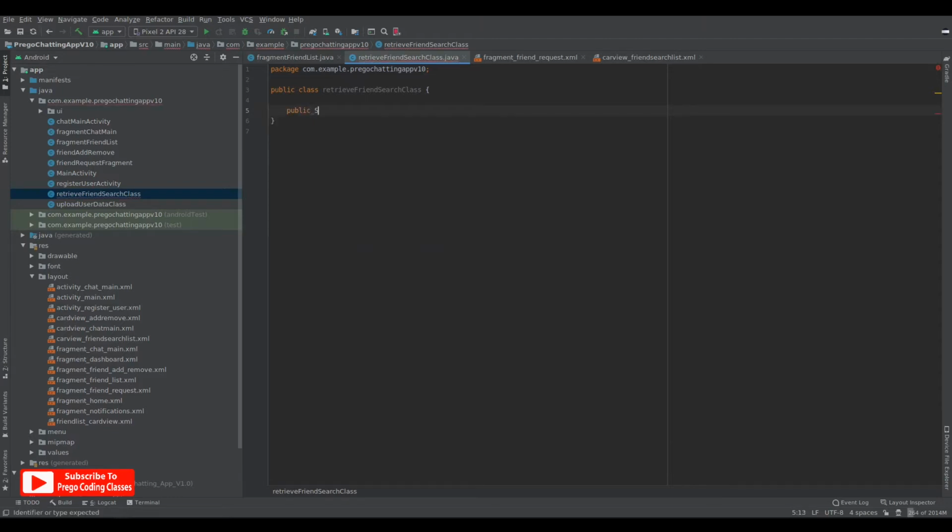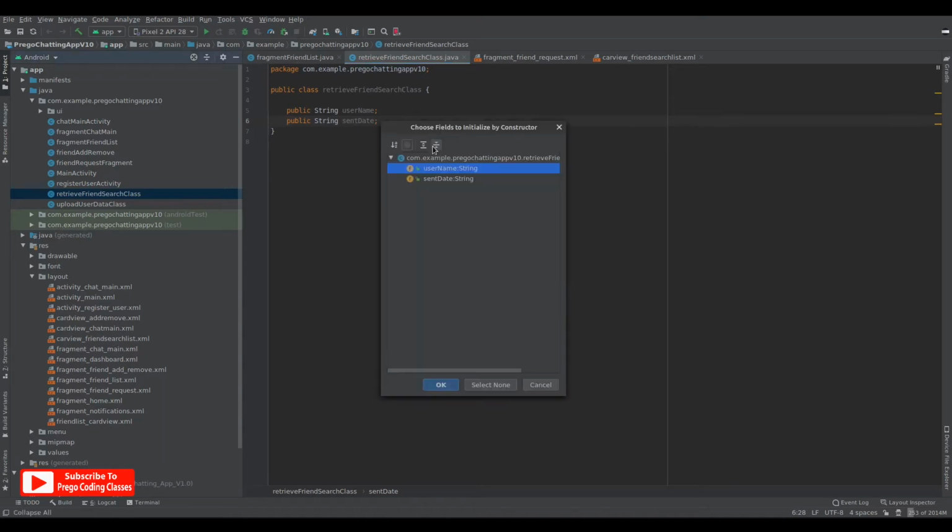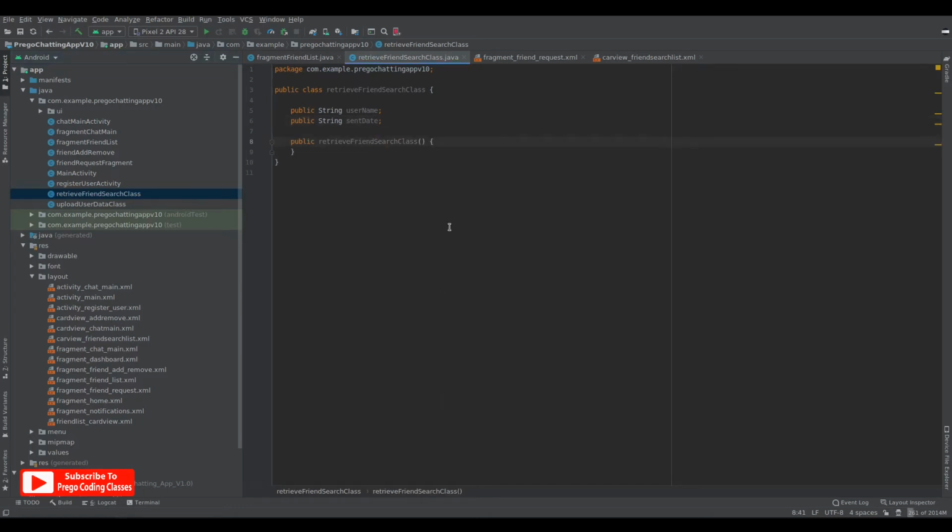That's done. First of all we'll put the string variables. Public string username, public string sent date. Let's keep our numlock off, so alt 0, get an empty constructor first, control click.